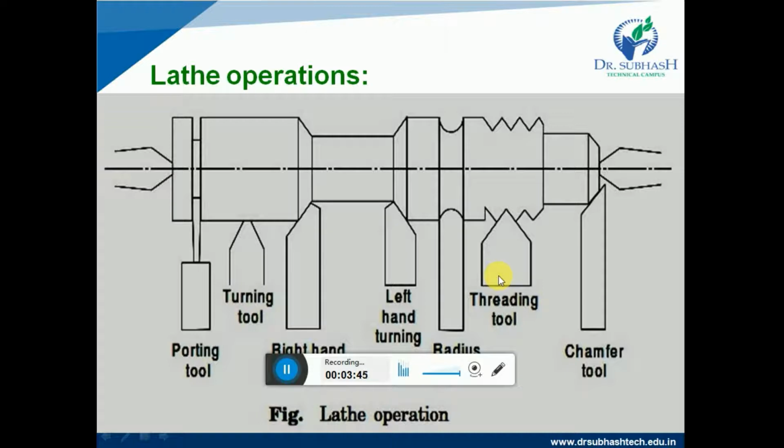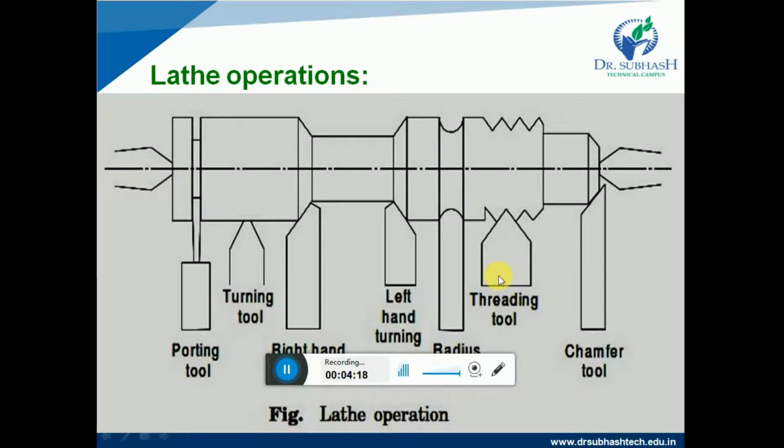Right? Then we will discuss the taper turning operation. First let me give you an idea about the taper. The taper is defined as a uniform decrease or increase in the diameter of the workpiece along its length, right? That is taper. So what is taper turning? The operation by which a conical surface with a gradual reduction in the diameter of the cylindrical workpiece or round bar is produced is called taper turning.